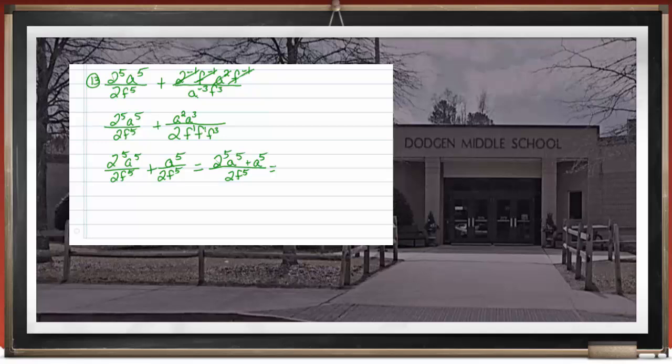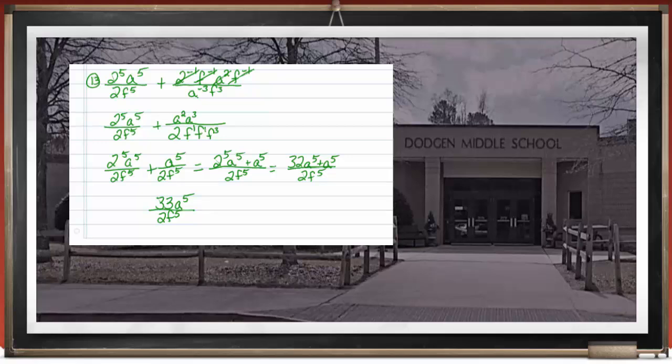Well, 2 to the 5th is the same as saying 32a to the 5th plus a to the 5th over 2f to the 5th. And now we recognize from our numerator that we have 32a to the 5th plus a to the 5th. So those are now like terms. We can add them together. 32 plus 1 is 33. A to the 5th over